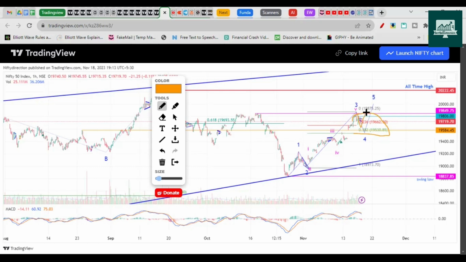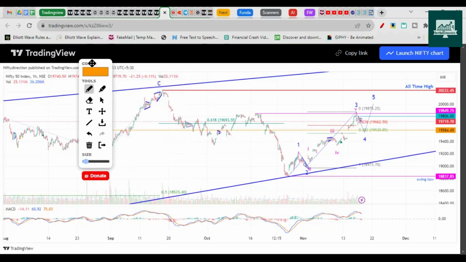So here it can make a move like this and then go higher and then can continue and give a dip downside, making a B wave. So by the end of December, this B wave should start or complete. That's another way to understand these moves. So it might come toward this. So I think this is 19,300 something, which is the 0.600 Fibonacci. Before this video, I calculated that.